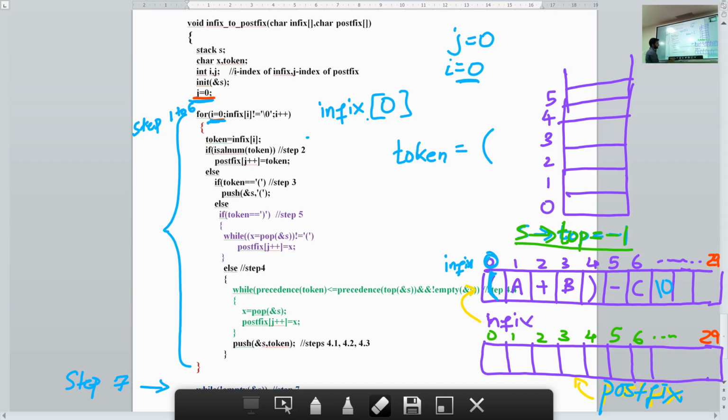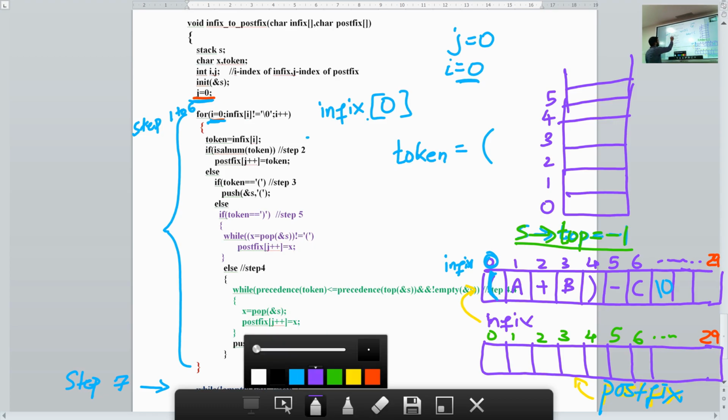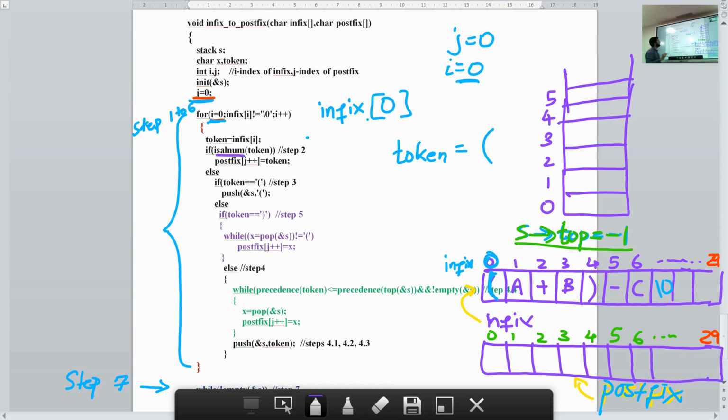Next, I check if my token is alphanumeric. So I use an inbuilt function of C, isalnum. It checks whether your input is a letter, it could be a capital letter, small letter, or a number.